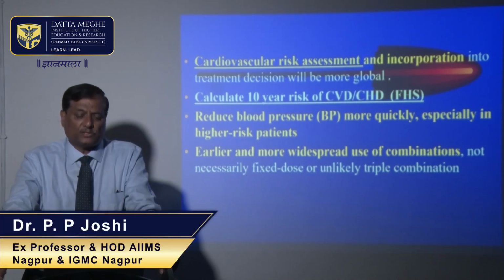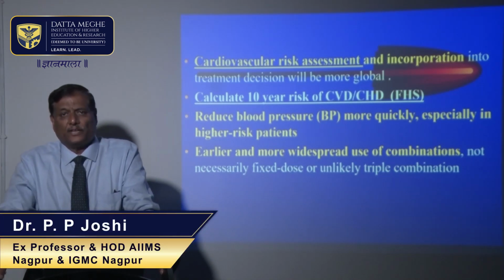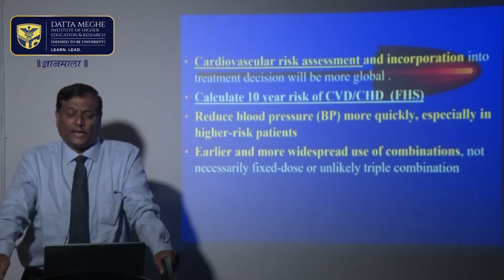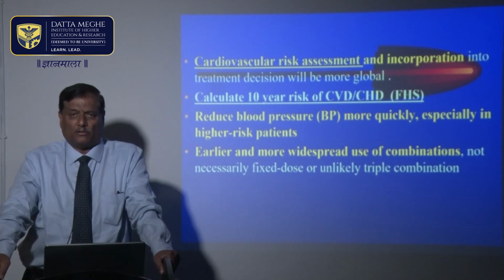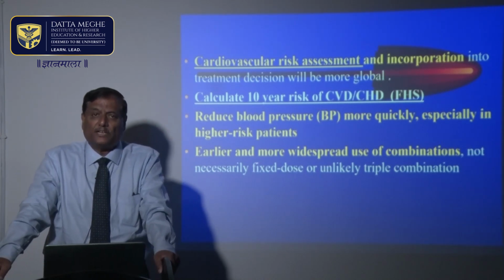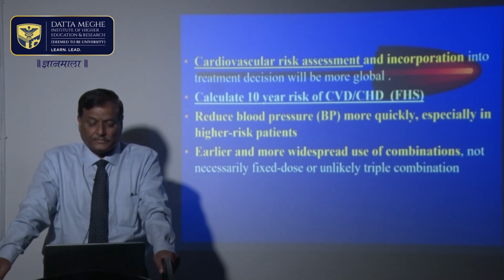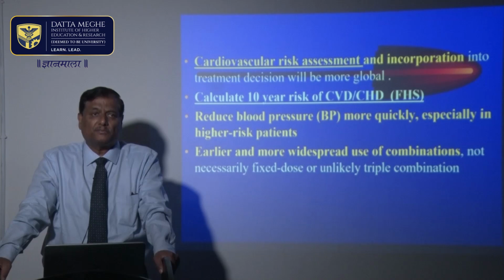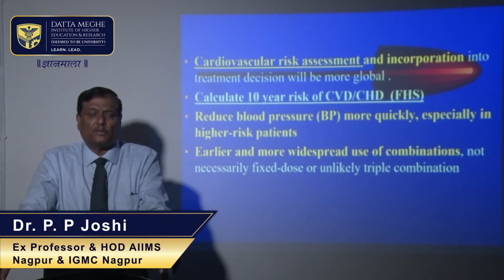Patients who are at high risk, we have to be very aggressive in treating all the risk factors and also bringing down the blood pressure more aggressively and more rapidly to normal. That is very important to do, because that will help us in reducing the overall probability of developing a heart attack or a paralytic stroke. And we may have to use combination medications to bring down blood pressure, because it is very important that we bring down the blood pressure rapidly.